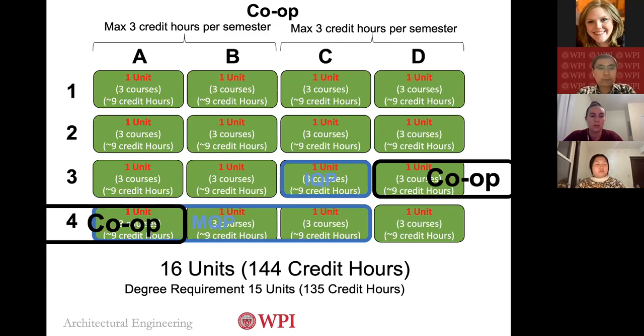And so for co-op, usually we have 1 course, and each course is 3 credit hours. So the commitment of co-op each term or each semester is 3 credit hours. It's equivalent to 1 course. So if you are doing co-op while taking classes in the regular academic period, but for summer it can be more intensive.